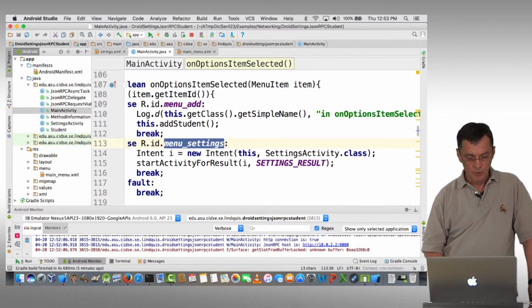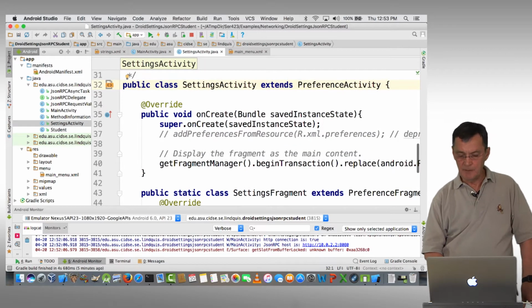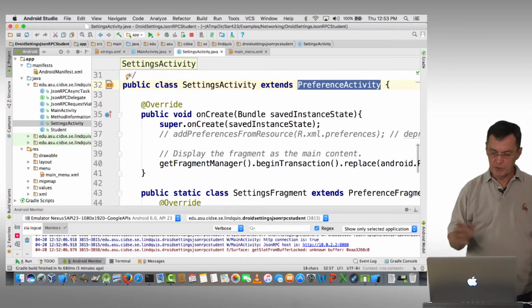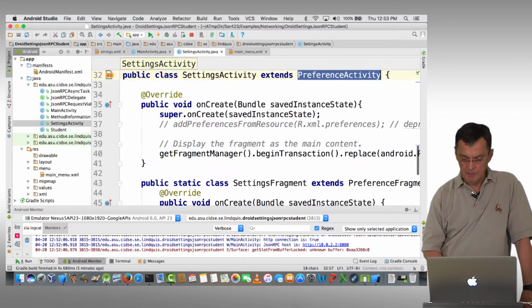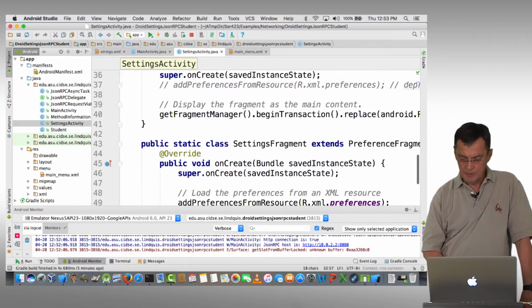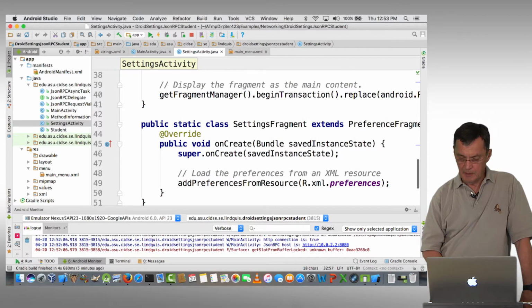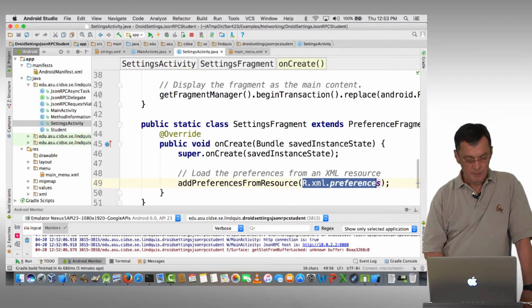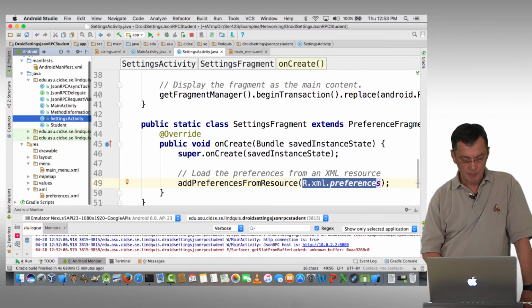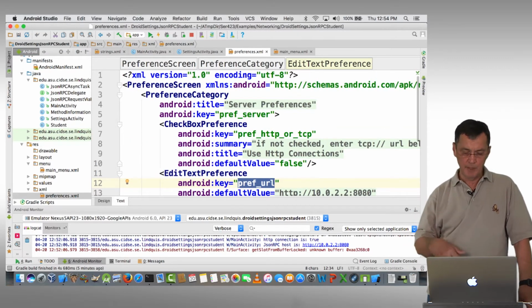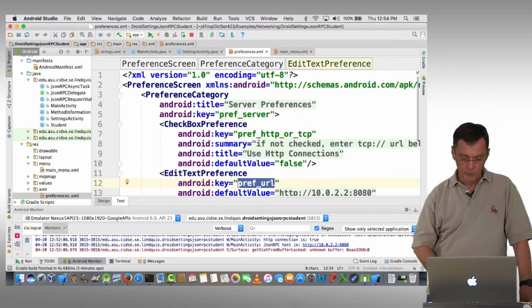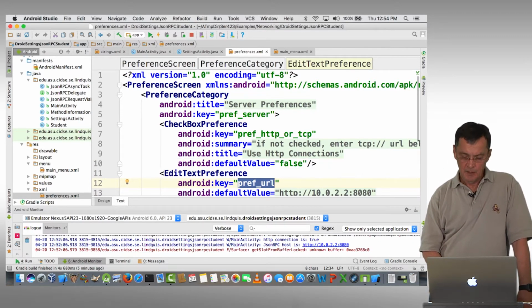and we start that activity expecting to get a result back. So we've added a new activity, the settings activity, and it has to extend the PreferenceActivity. And what it's going to do is create a view for us. That view is somewhat special. It's a part of a fragment, but you can see onCreate looks at R.xml.preferences. So if you look in the resources, we now have also added a preferences.xml, and this is the special format for the settings menus. So you have to create an XML file, again with all of the resource files that are